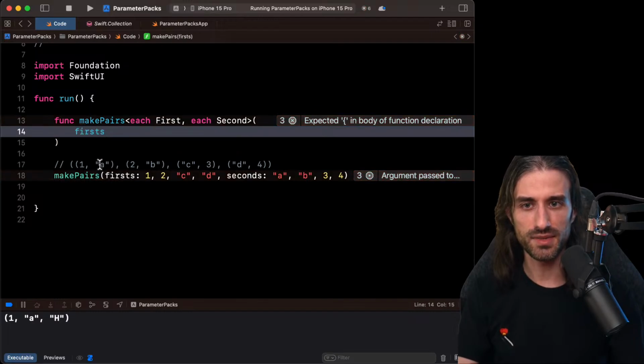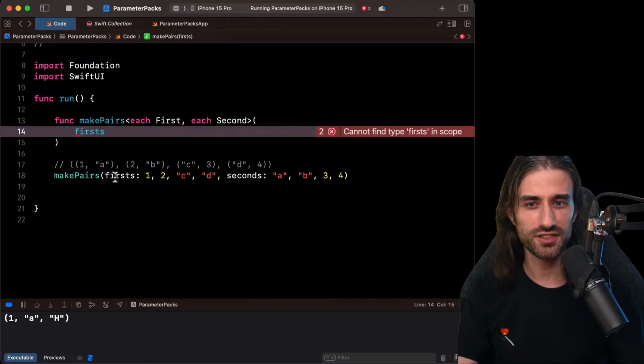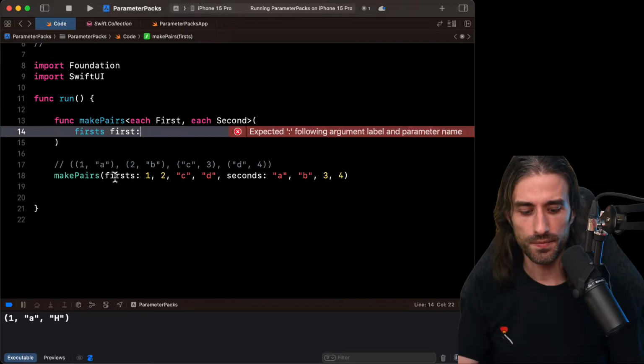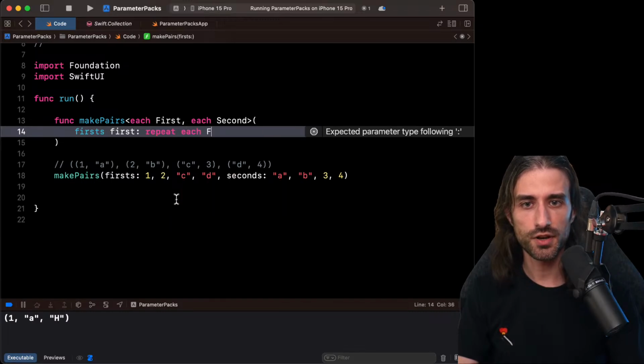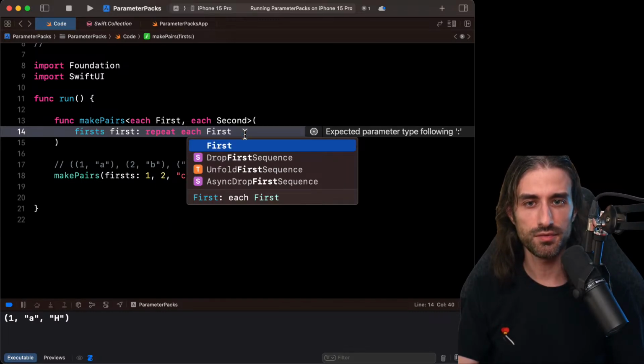So you can see I gave them the external name firsts with an S. I'm starting to speak French. But for the internal name, I will use first, because when we are inside the function, we want to say repeat each first, and it makes more sense to say that than to say repeat each firsts. So the first argument will be repeat each First, with a capital F for the type.